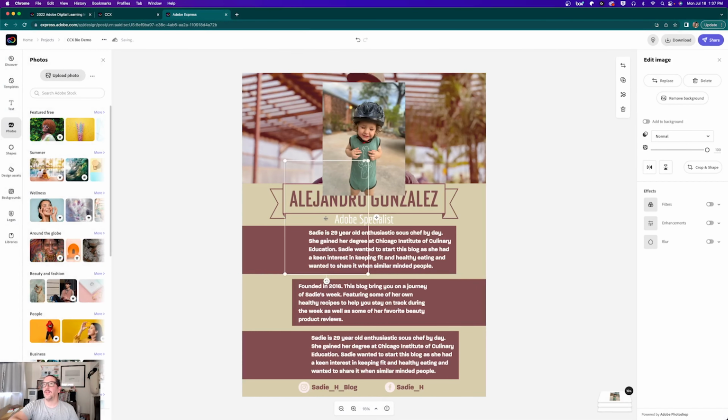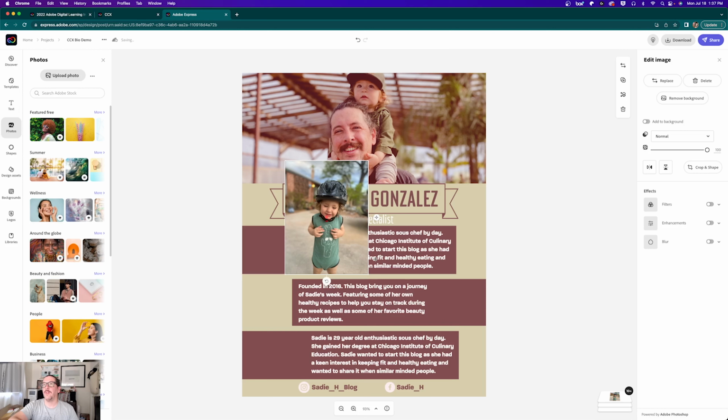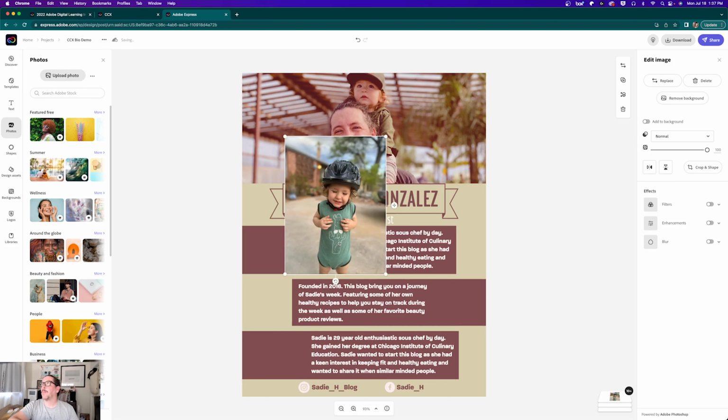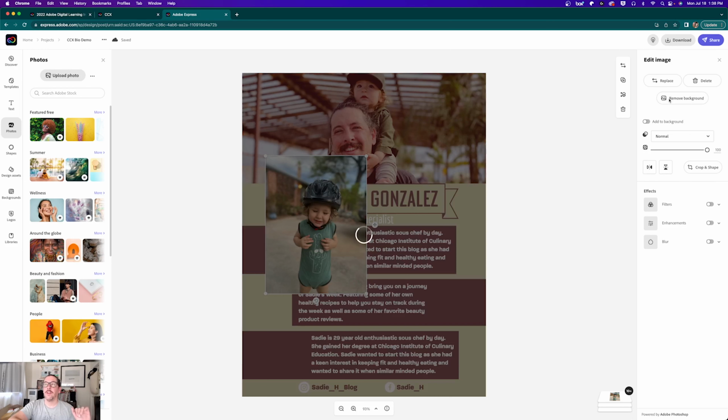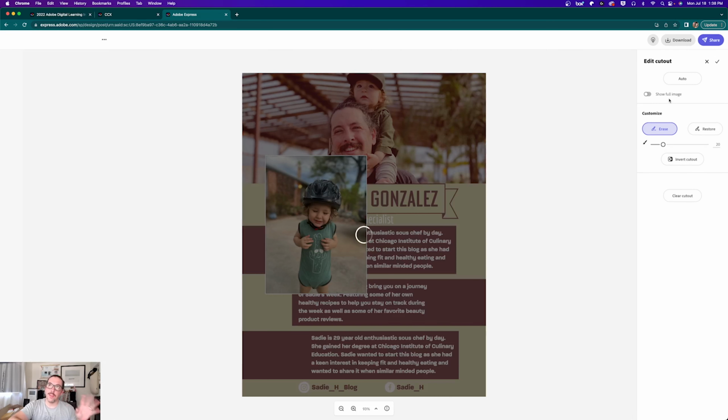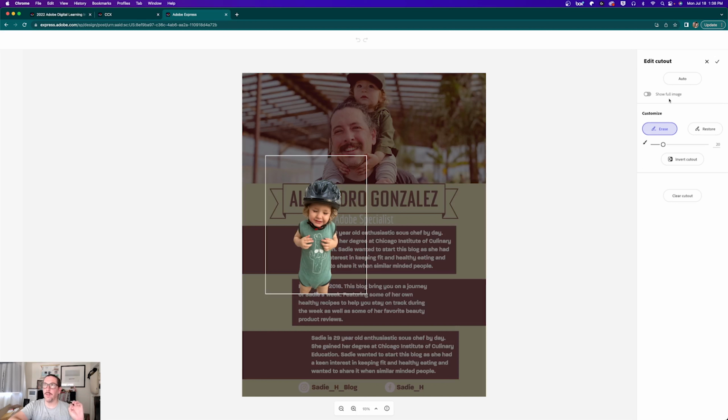When it uploads, I can grab it, I can move it around, I can rotate, I can undo, I can resize. And what I want to do is cut the background out. So I'm going to click on the picture, and then go over to the editing panel, and I'm going to do remove background. And what that does, it does a pretty good job. It's going to analyze your image and determine what it thinks is the subject, and keep that and remove everything